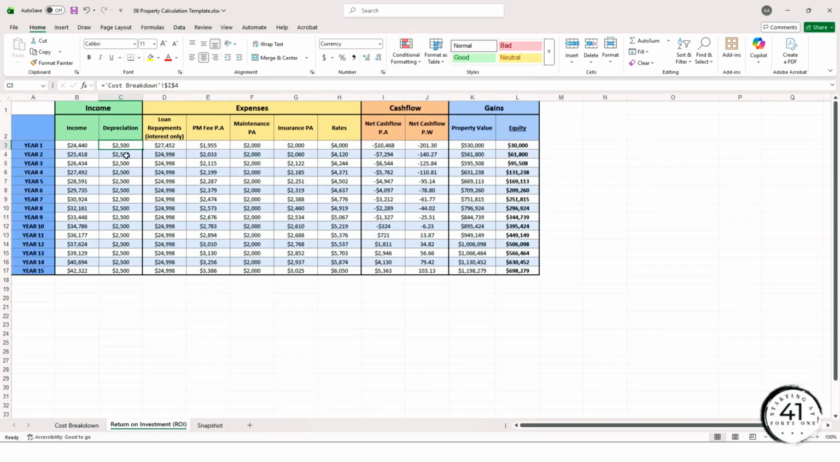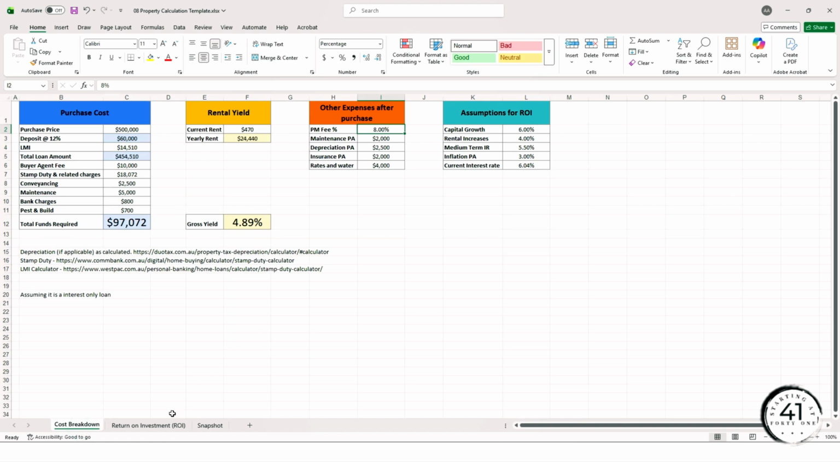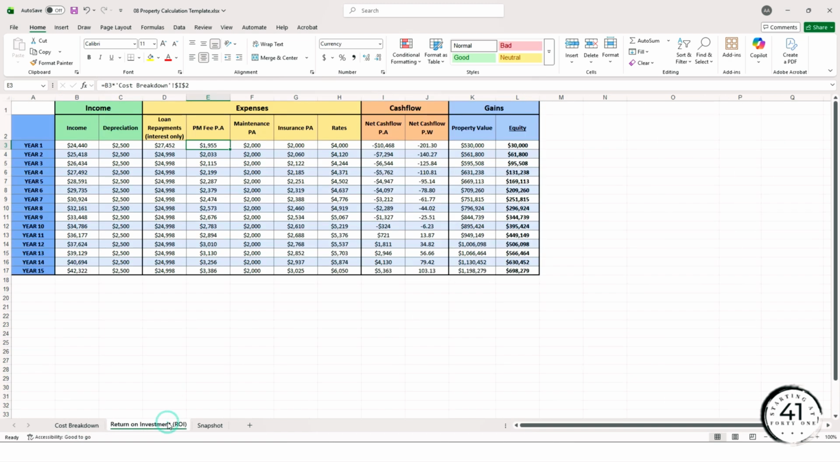This is what I've captured here. In terms of expenses, loan repayments is 27,452. Property management fee is based on the percentage that you have agreed with your property manager when you have signed the agreement with them. Average maintenance cost, insurance cost, and rates. Now, based on all of these, your net cash flow per annum is $10,468, which means this is the amount that you have to give from your pocket every year to maintain this